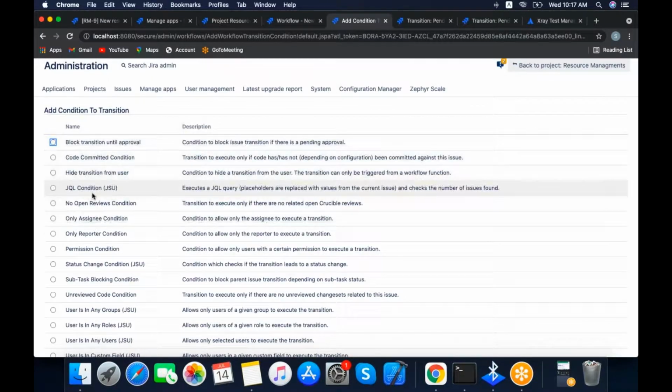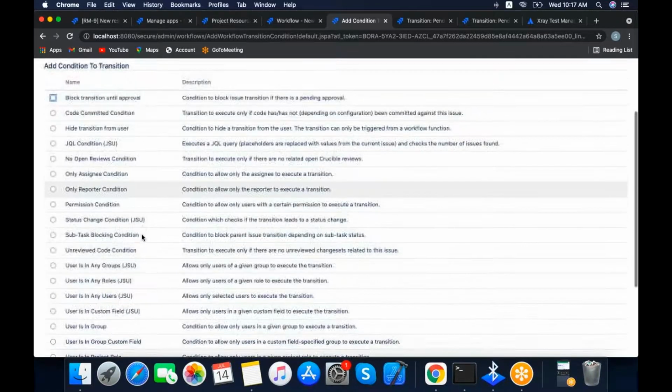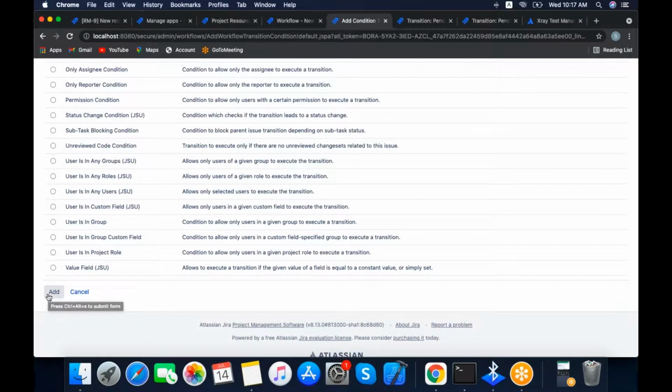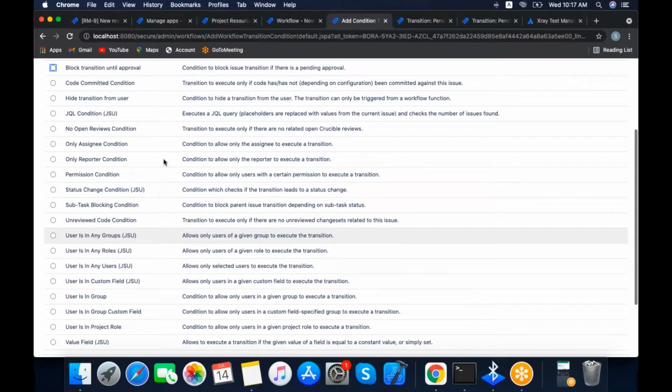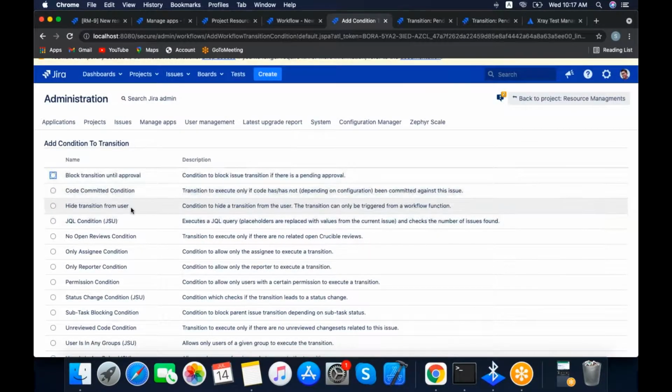For example, here you will see block transition until approval, committed condition, hide transition from user. Whenever you apply this option and add that condition, when this condition is satisfied, then only it works. If you see JSU, it means the JSU automation plugin is already installed. That's why these options are displayed. By default, you will find only one or two.